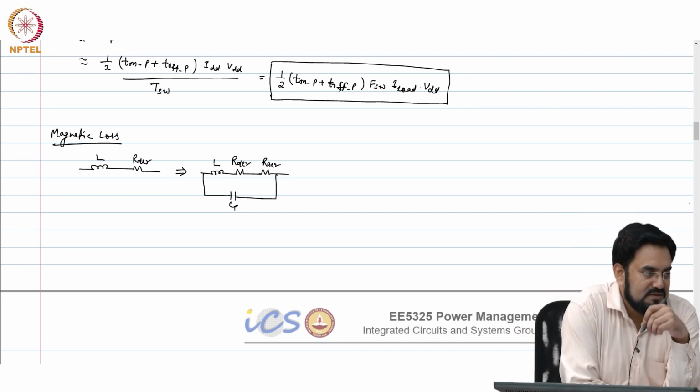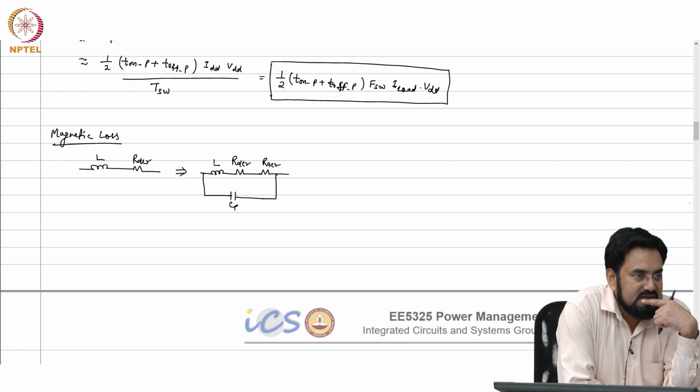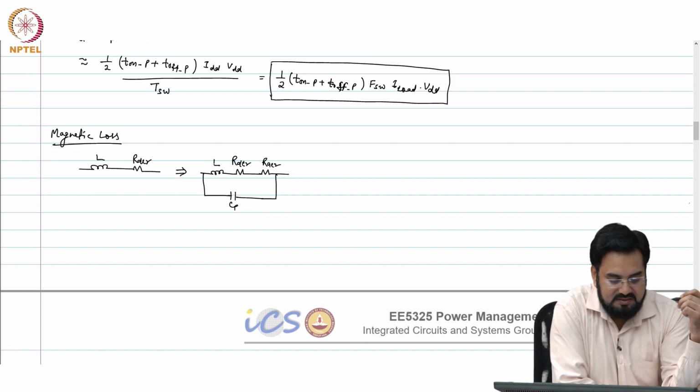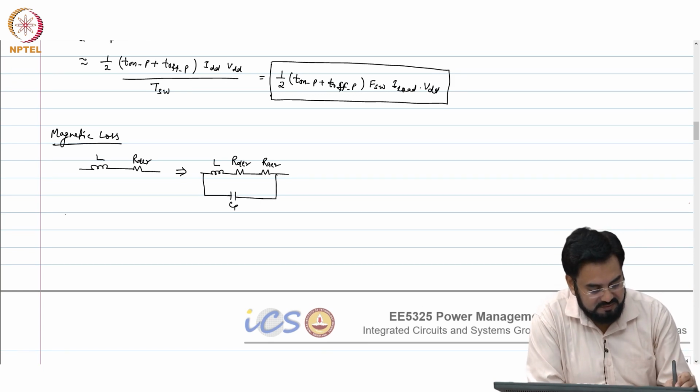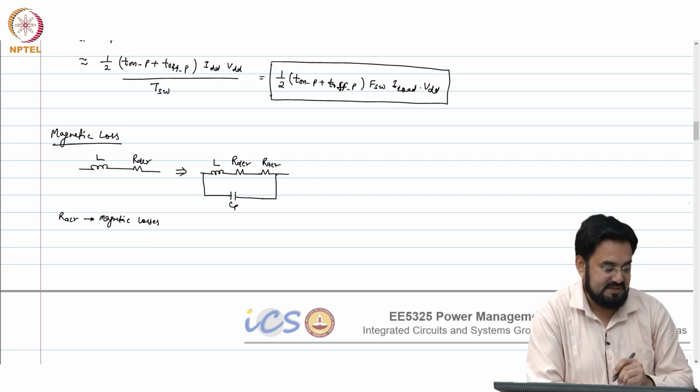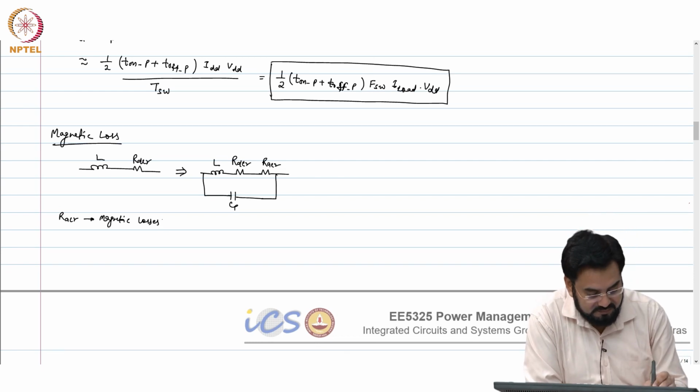This is the actual model of the inductor when you start considering magnetic losses. So, this represents magnetic losses, which are your core loss and skin effect loss